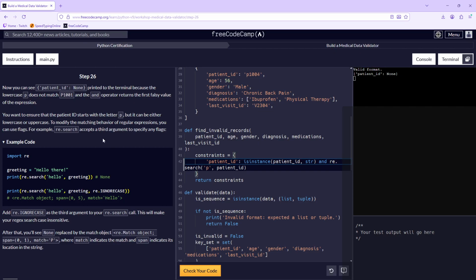You want to ensure that patient ID starts with letter P, but it can be either uppercase or lowercase. To modify the matching behavior of regular expressions, you can use flags. For example, re.search accepts a third argument to specify any flags. So then we say ignore case.